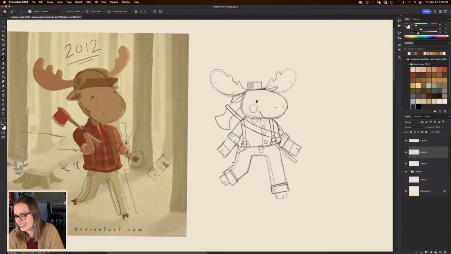There we go. As long as it doesn't cut off his ears. Yes, of course. We can't have that. Maybe he's got a slit in his ear from the battle axe. Oh, we're coming up with a backstory now.